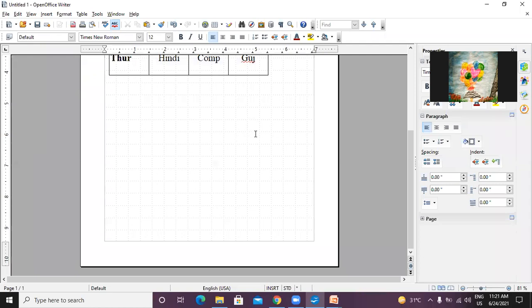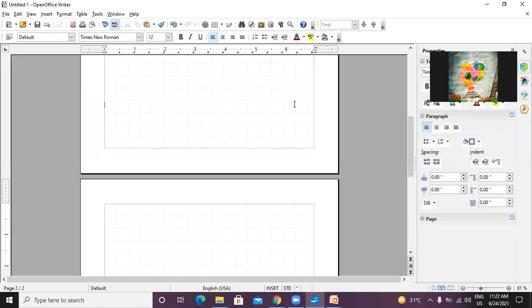I'm putting the enter here because I want the second page. So I am also entering it. So you can see the second page over here. Now, again, I go to the first page. What do you have to do to add the header? You have to first go to the Format tab. In that, you have to go to the Page option. Whenever you click the page, you can see the Page Style pop-up.